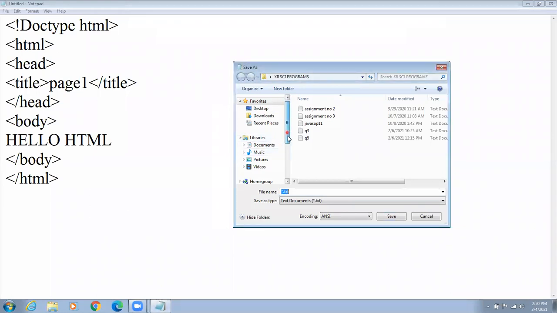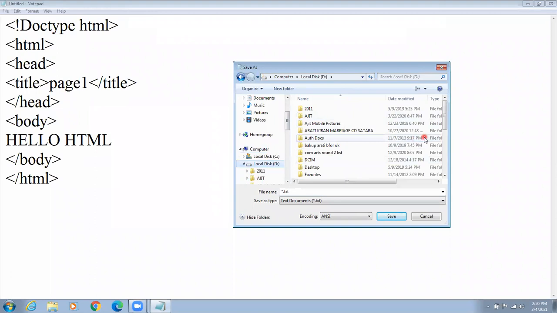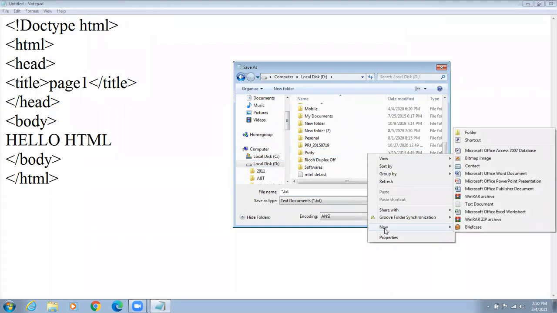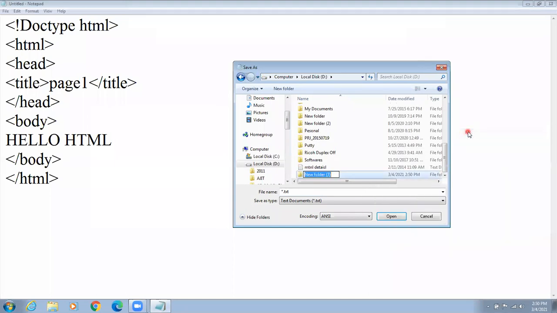For example, I have selected D drive. In D drive, make one folder: right click, click on New and click on Folder. Now here, I will give the name as HTML programs.